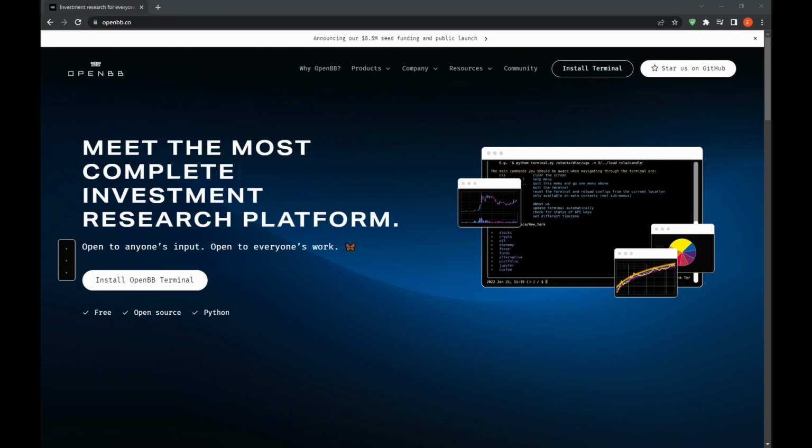Today we're going to be talking about OpenBB. Before we get into it, this is going to be a pretty topical look at the platform. I myself admittedly have not had a whole lot of time with it, but I thought we'd cover it today because a few days ago I was reading an article on VentureBeat about OpenBB, and it's thus far a short story. Just to give you a little bit of history on the platform, this started, I believe, last year